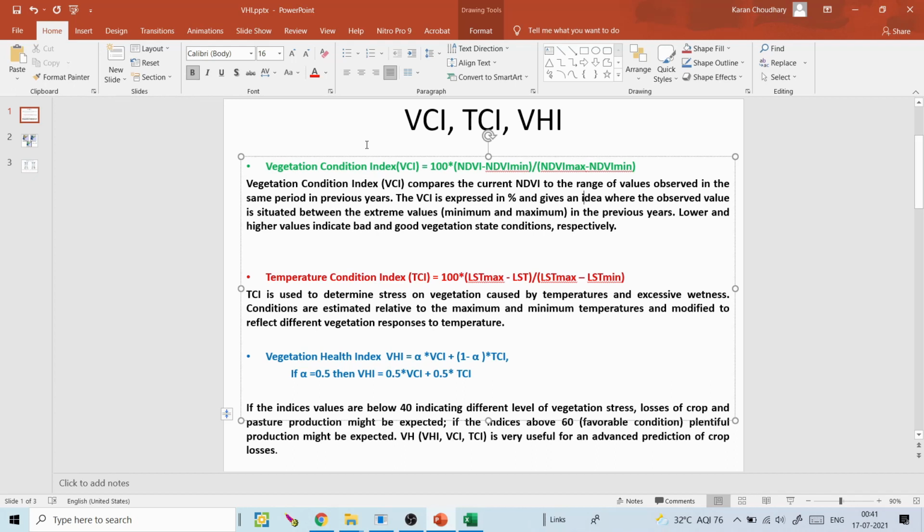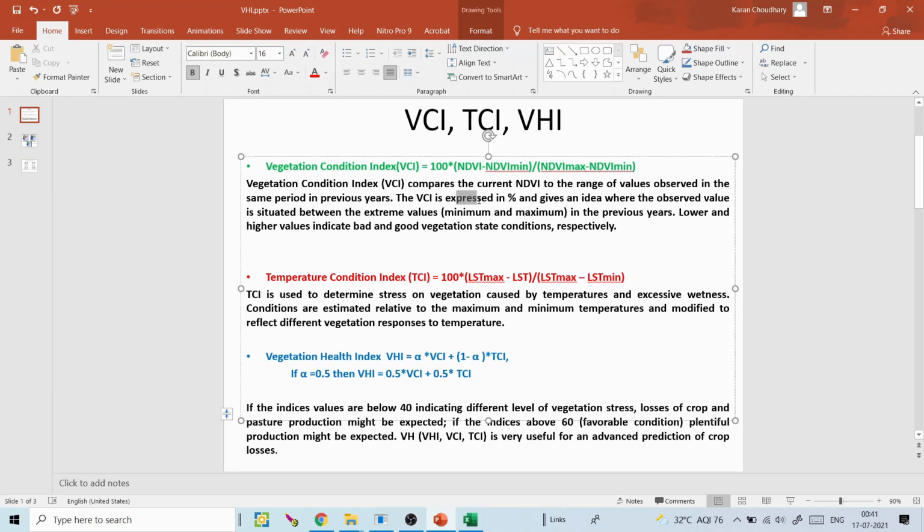You have to compare that NDVI with the historical data. That's why VCI came into the picture. It compares the current NDVI value with the historical data. As you can see in the definition, VCI compares the current NDVI to the range of values observed in the same period in the previous years. So basically it is comparing the NDVI value of the current year with the previous years.